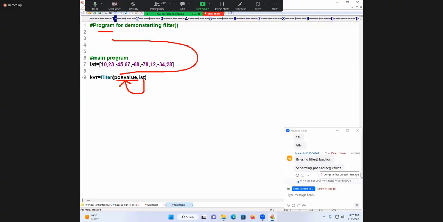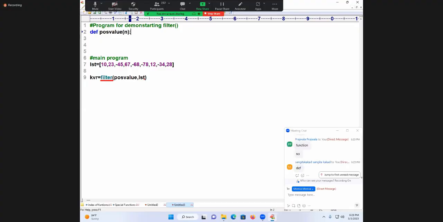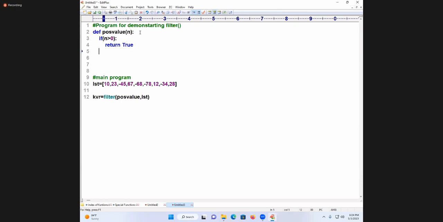No. What will I do now? def pos_value of what? N. Why am I taking N? The filter function sends the first value of LST to pos_value, so it will take the first value and preserve it in N. I will write inside. What is my target? Filtering which values? Positive values. If N greater than 0, return True. Else,